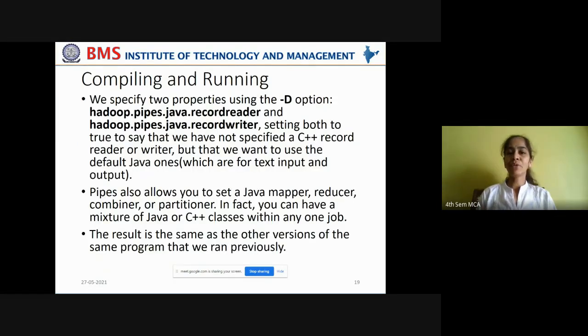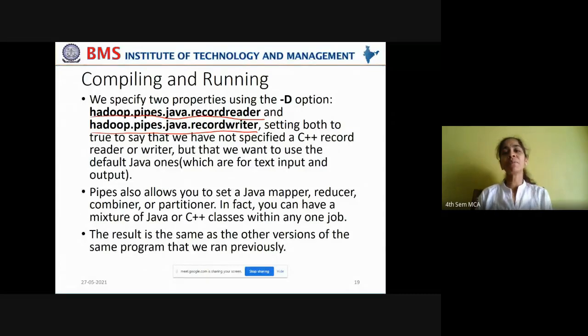Now we specify two properties using the -D option here: Hadoop Pipes Java record reader and Hadoop Pipes Java record writer, setting both to true to say that we have not specified a C++ record reader or writer, but we want to use the default Java ones.